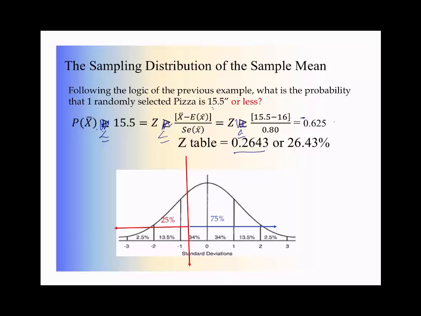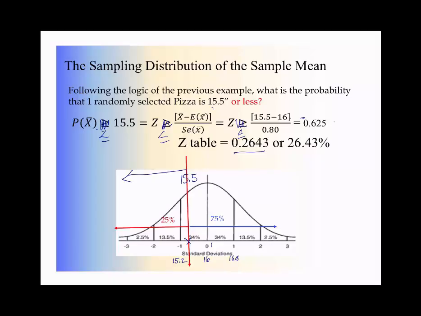So we find here our middle point on our table. The midpoint should be 16 inches. And the standard deviation we know is 0.8. So this one here is going to be 16.8 inches, where minus 1 standard deviation is going to be 15.2. So our question is, what's the chances of it being here, which is 15.5 inches or less? We want to know about all this over here.